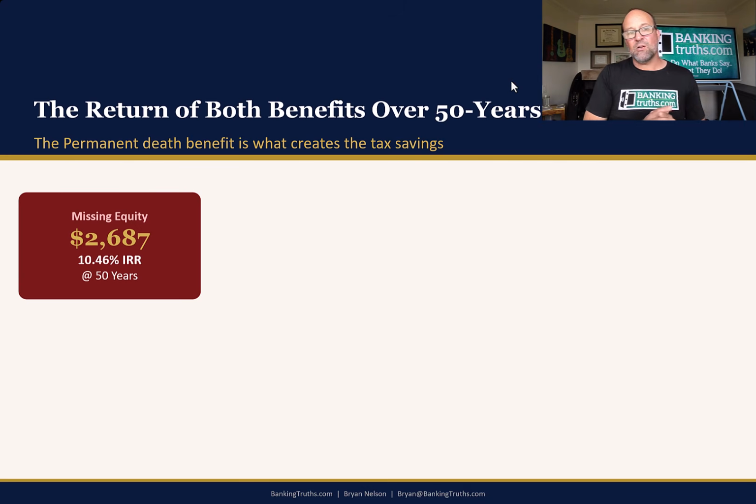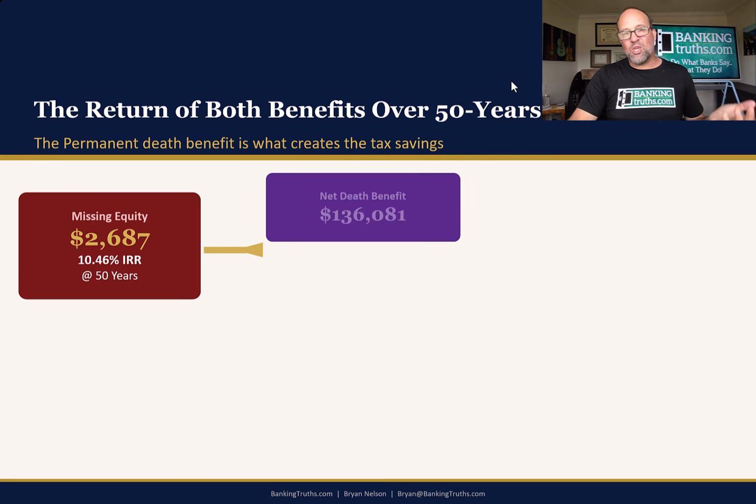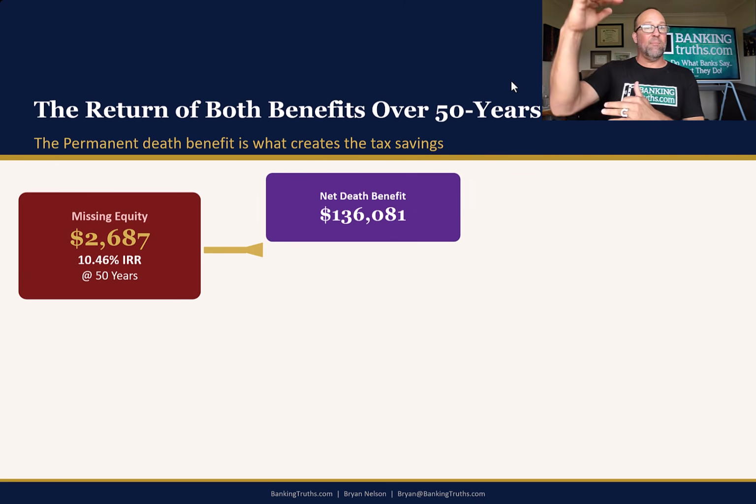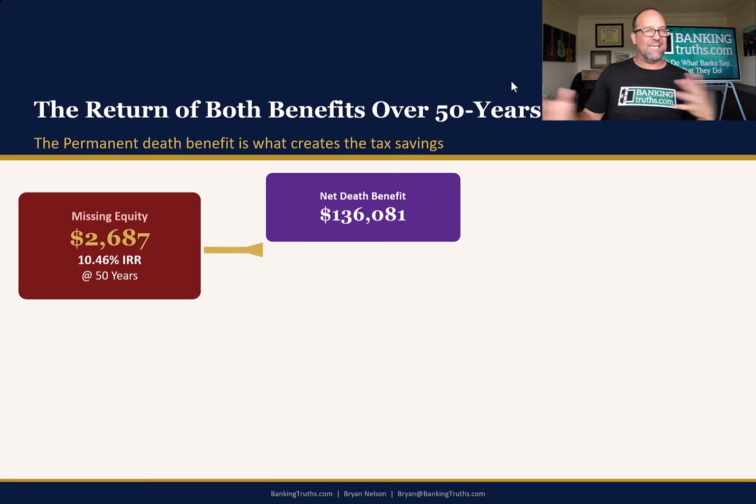His IRR has gone down to not 12, but almost 10 and a half. And that's because we stretch out the time frame for 50 years. So what we're saying is essentially 2,600 earning about 10.5% every single year for 50 years provides these two benefits for him. One is the pure net death benefit over and above the cash value that he can't use, he